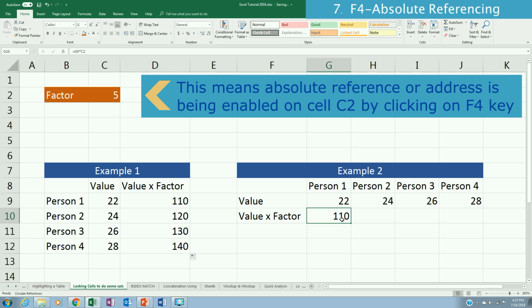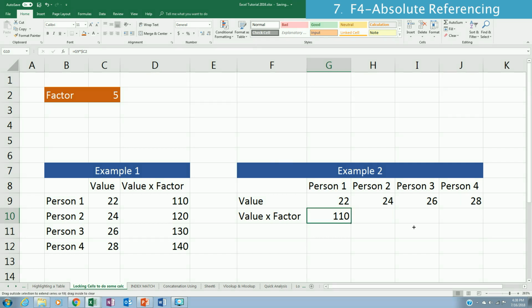In this case, we have to make sure that we're fixing C, which is the column here. As we move one column to the right, we don't want the factor to move to D, E, and F, where there's no value for it. So if we click on F2 and go to the formula again, press F4: the first one fixes both the column and the row. Another F4 fixes the row, and another F4 fixes the column. So if you enter that and then copy this to your right,